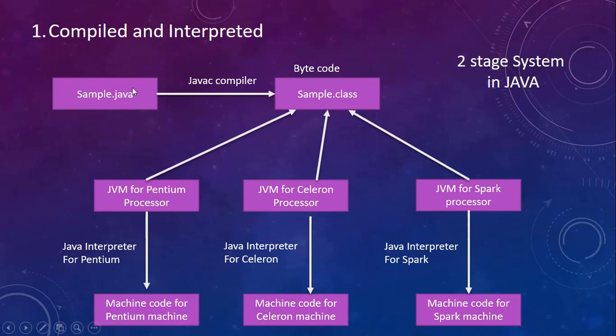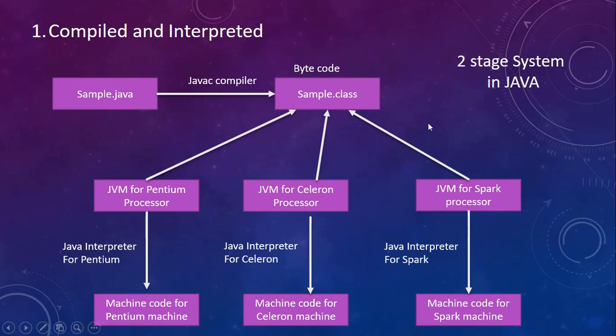In the first stage, compilation happens. Compilation is platform neutral, and in the second stage, the interpreter, the JVM, is used, based on the configuration of the local machine. That particular JVM which is installed on that machine will read the neutral bytecode and interpret it according to the configuration of that particular PC. So that's how you can say that Java is platform independent, and also it is called portable.